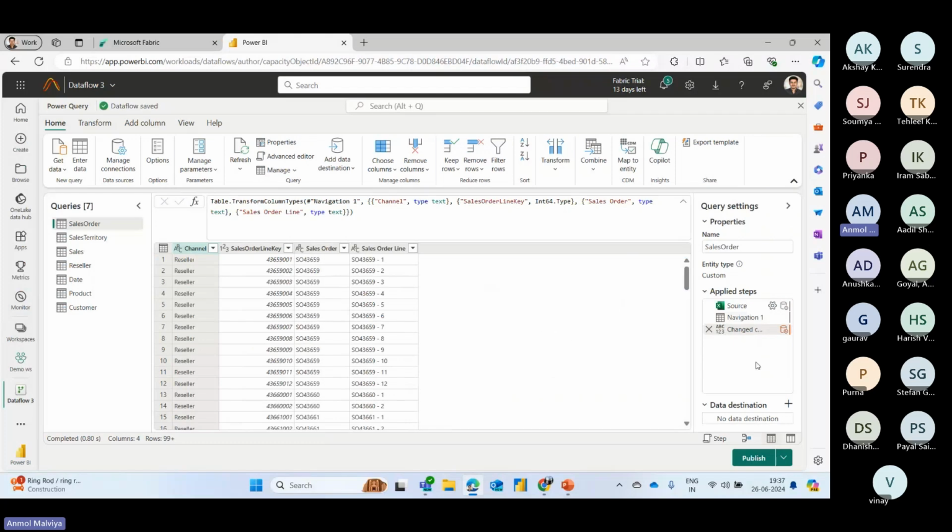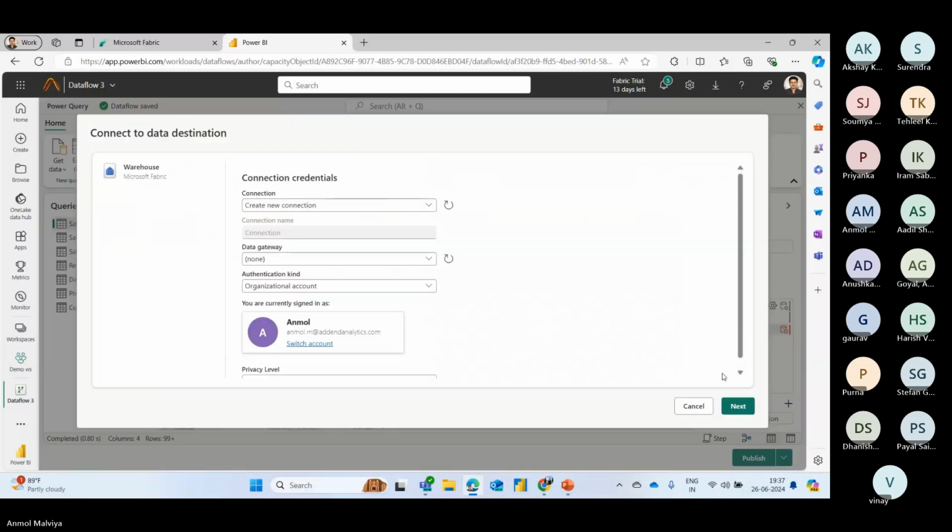On the bottom right, you can see the option for data destination. Here we have to enter the destination of our data where we want to store it, or you can also find the option for data destination in the middle. You can see we can store it into Azure SQL database, Lakehouse, Azure Data Explorer, which is the KQL database we discussed, and warehouse. Right now we have created a demo warehouse, so we will click on data warehouse from here, or you can click from here too.